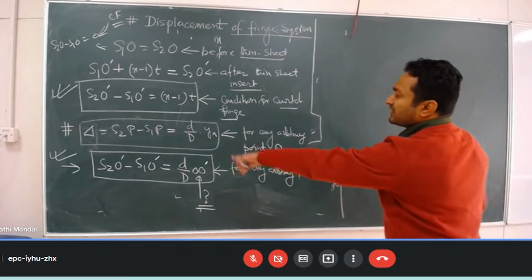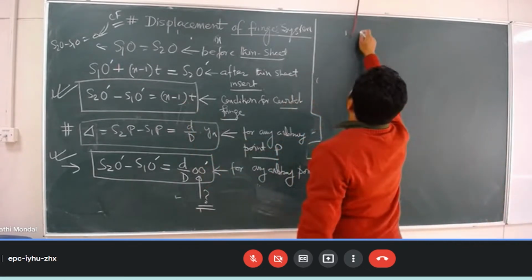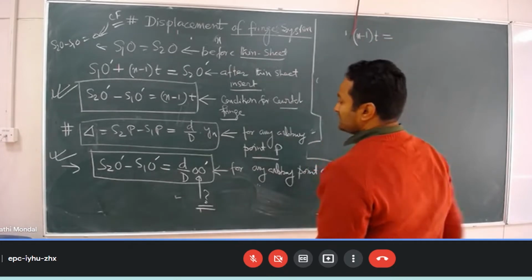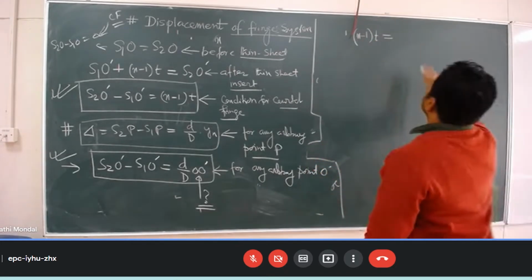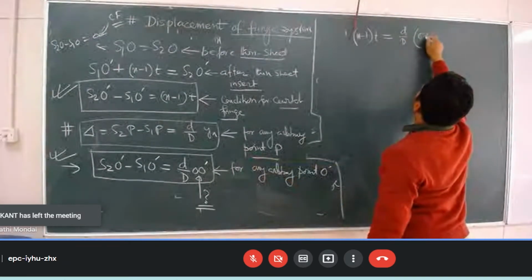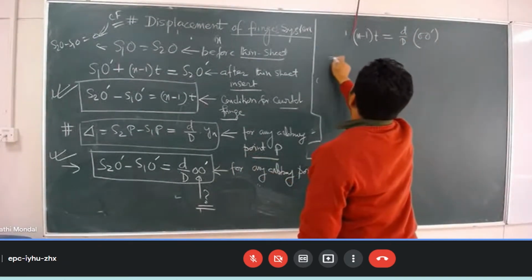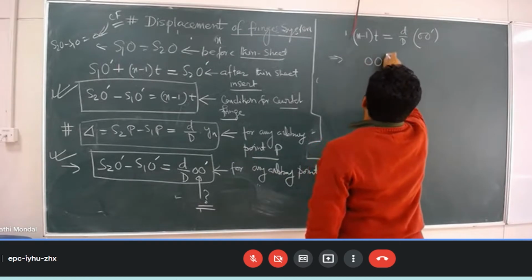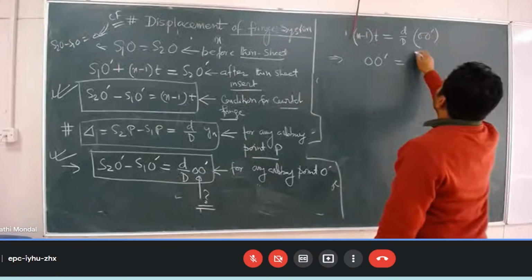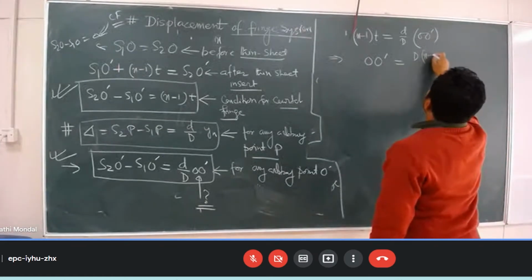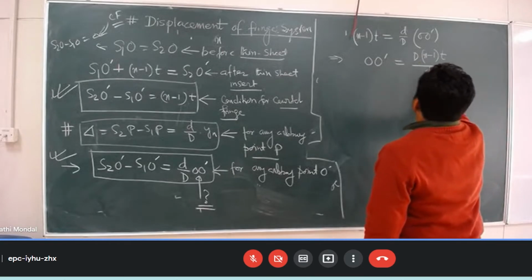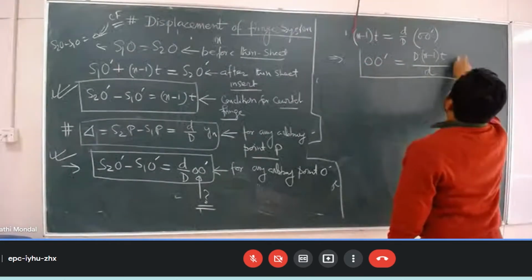How much will it become if I compare these two? (n minus 1)t equals d by D into o dot. So now we can calculate o dot equals D into (n minus 1) into t divided by small d. So this is the